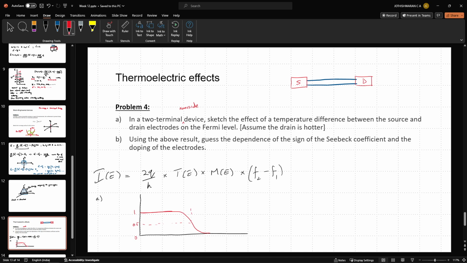So this energy is EF, and if we have a drain that is hotter, we know that